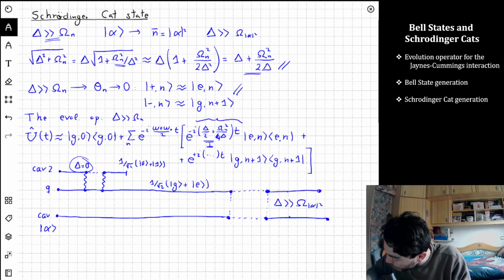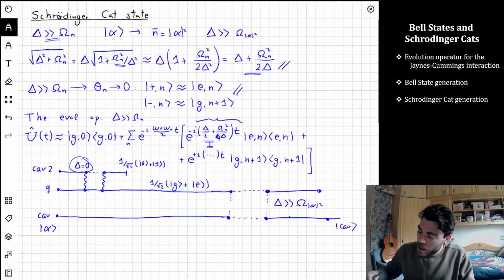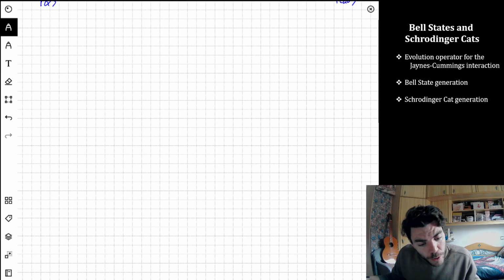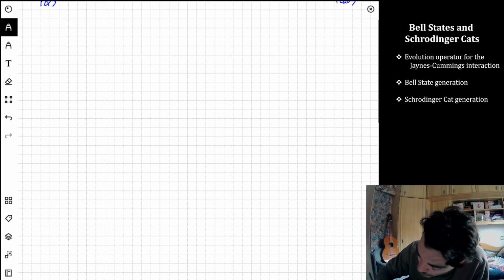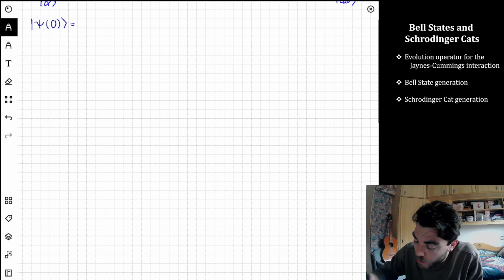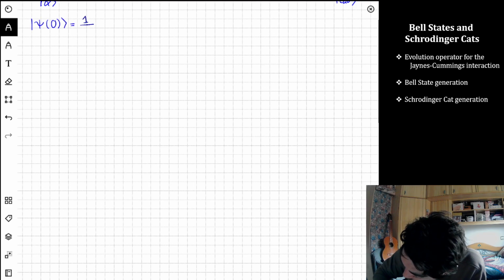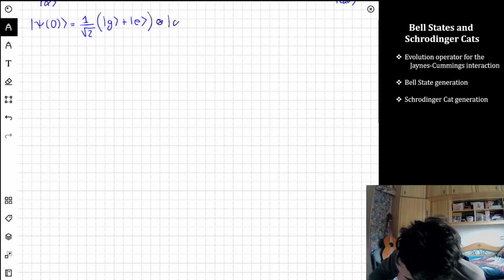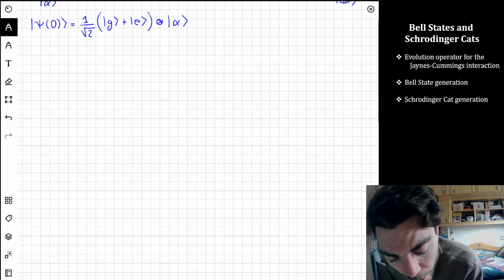What we are going to be interested in right now is what happens to the cavity. What is the state of the cavity after this interaction? And let's see explicitly what it is. What I just wrote is that the quantum state of the qubit and the cavity at time equals 0, so at the beginning, the state of the system is just 1 over square root 2, and now one has the qubit in the quantum superposition between ground and excited states, and then we have separately